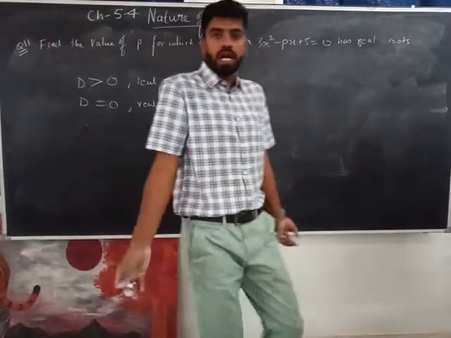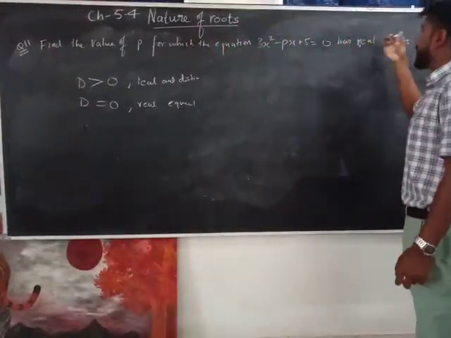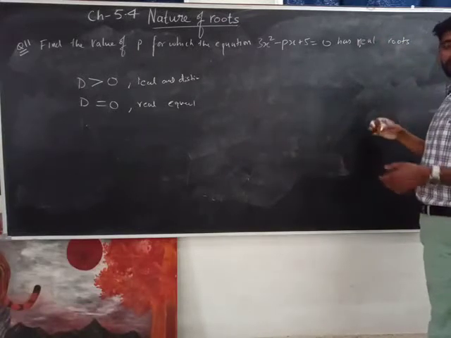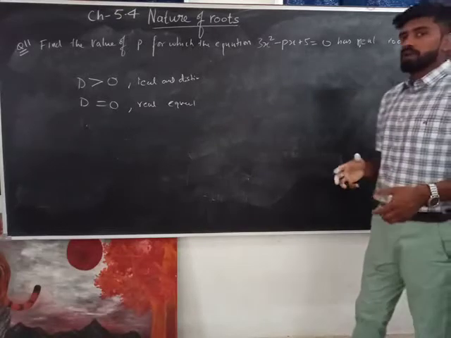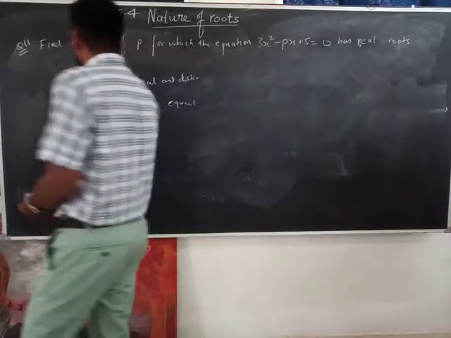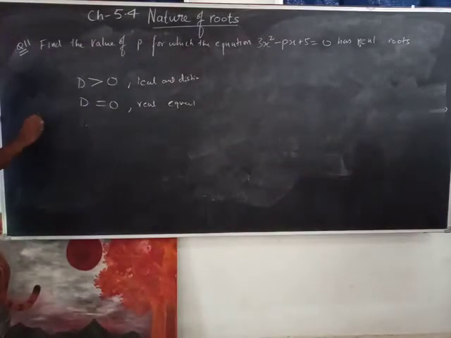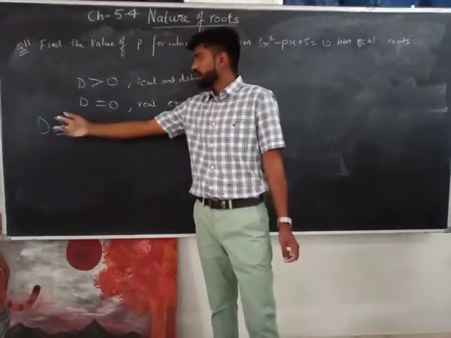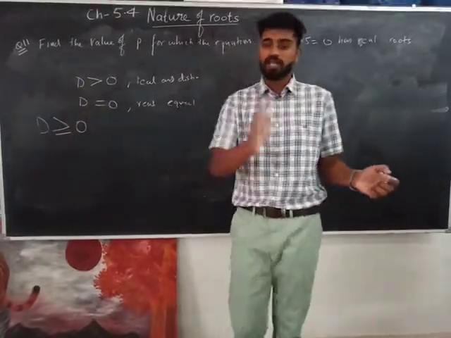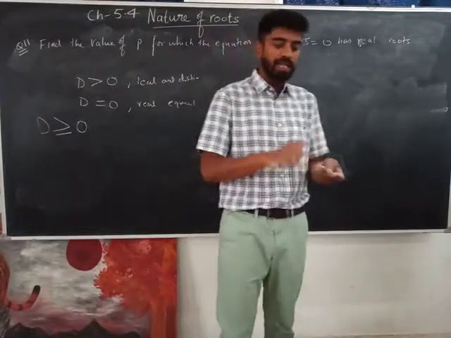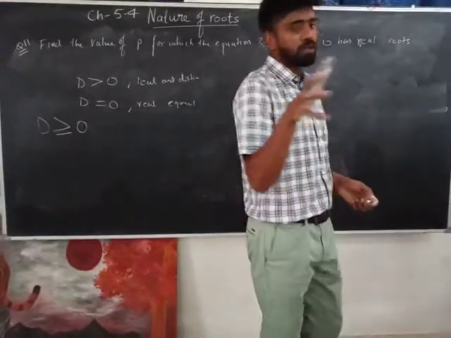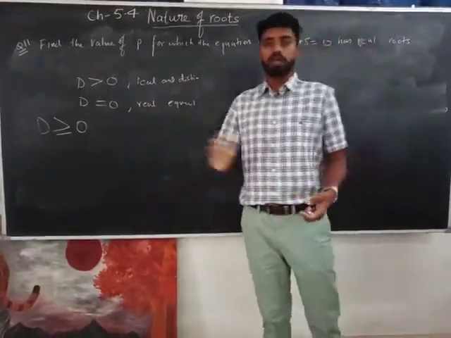So what I'm going to do in this question, I have no idea, because they haven't told me they are real roots, but are they equal, or if they are real roots, are they distinct, different है क्या नहीं है. So I'm confused. So what I'm going to do, I'm going to say कि let's just take both of them together. D is greater than and equals to 0. Isn't that interesting? Because they have written real roots, I'm going to take both of them, greater than and equals to together. So that's my job and that's your job. In question number 9, 10 and 11, all three questions, same thing you have to do, because they have only given you real roots. They haven't given you real है पर equal है, real है पर distinct है.